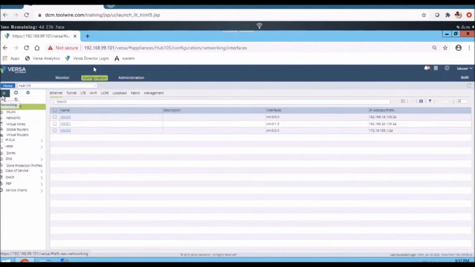Hi Hari, Vinod here. Does it show a topology update all along while we do this, updating or adding the hubs and clients? As of now, we do not have the topology on the director. We do not have the topology mapping. Yes, there is no topology view. Like I wanted to see the number of branches that are connected to this hub. To look at the topology view, for example, like LLDP output, you wanted to have that kind of output, right? That is not possible as of now.